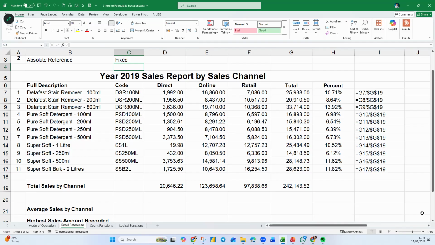So if you happen to see some formula that comes with a dollar symbol and you feel like it is so noisy, why is the formula so noisy with all the dollar symbols everywhere? Now they come with a purpose. That means you want that particular reference to stay. So all you need to do is just give them the money, and that particular reference will stay. If you don't give them the money, the reference will move. Does that make sense to you?